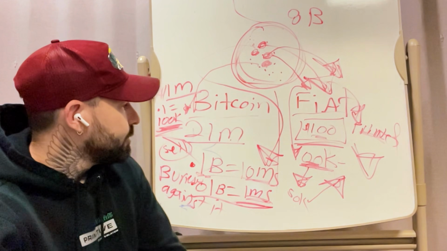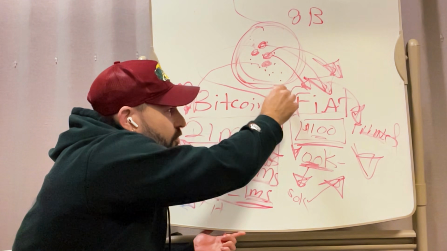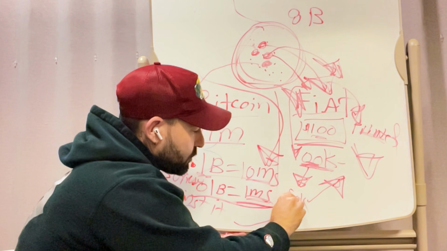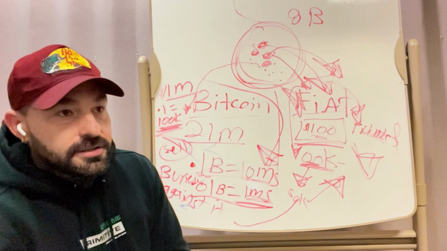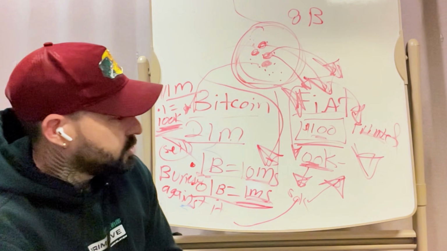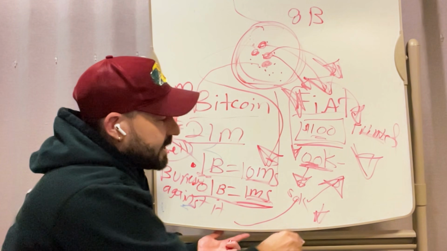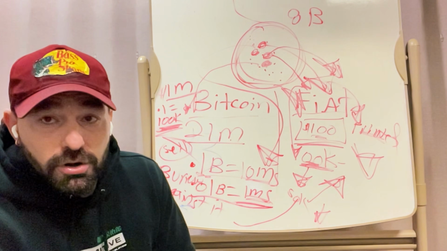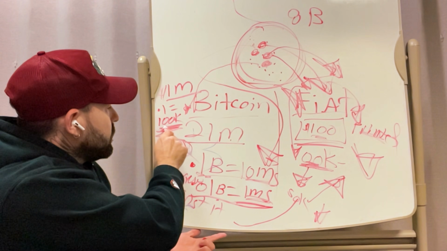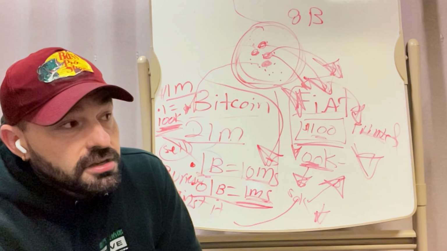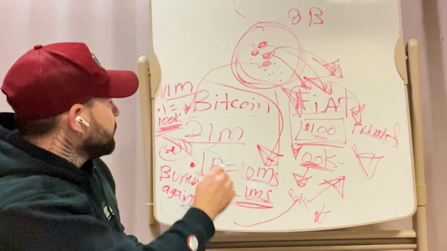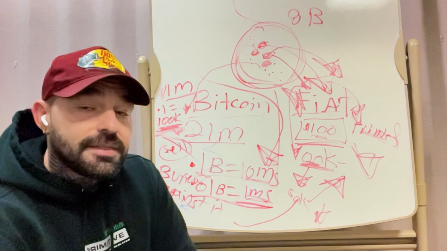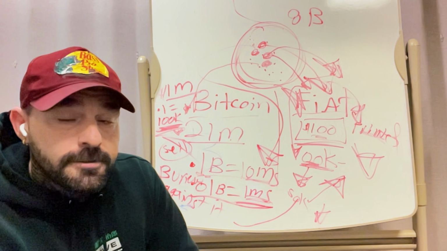on a house. Now, as these people are no longer able to afford homes because the prices of homes are going up and they're saving in dollars and their purchasing power is going down, right? This person can go and borrow against their 0.1 Bitcoin. Maybe they only need 30,000 out of this 100K, right? So they can borrow against it and they can pay the loan back that way.